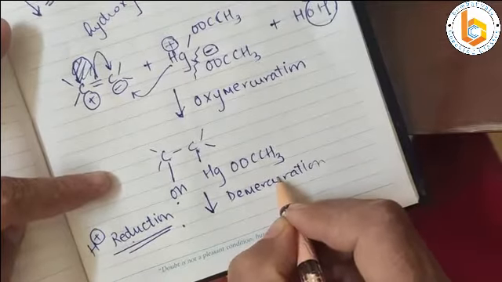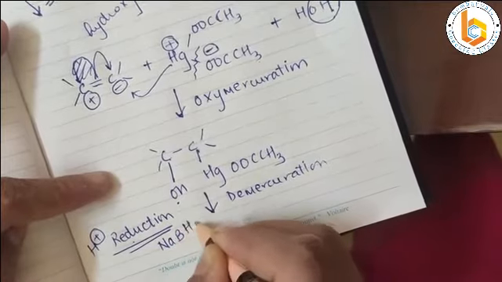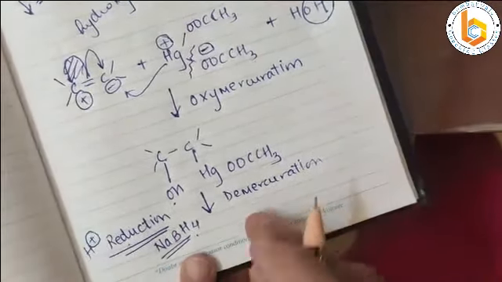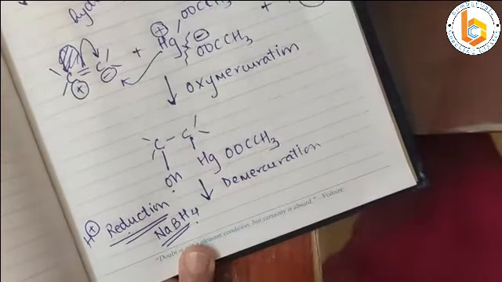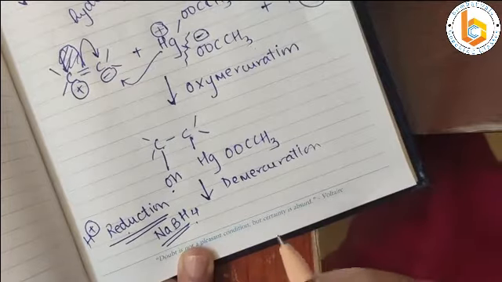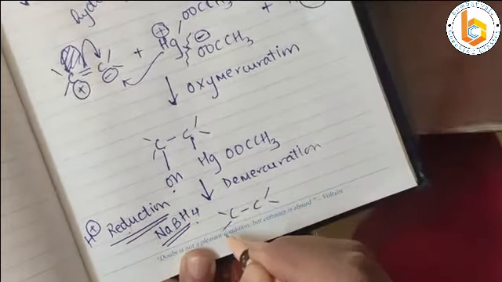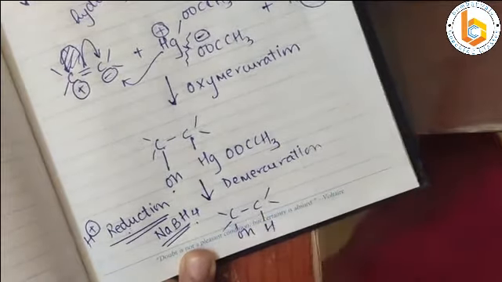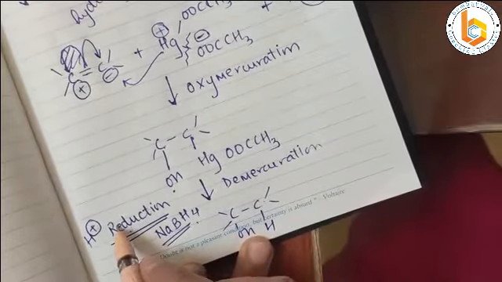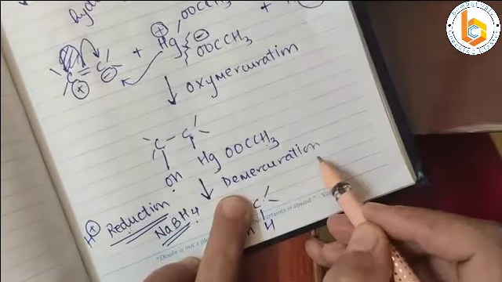So for performing reduction or demercuration, we require a catalyst. The name of the catalyst is NaBH4. Now let us see how NaBH4 works here. We are going to just simply perform reduction. See, C single bond C, OH and H. Now you can see H is added, meaning the reaction is reduction. Mercuric group is removed, meaning this reaction is demercuration.